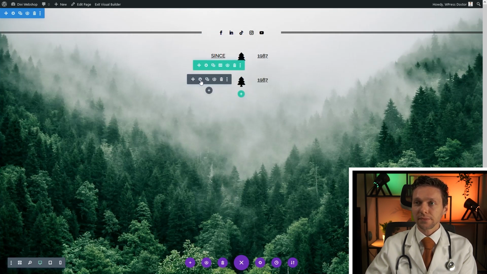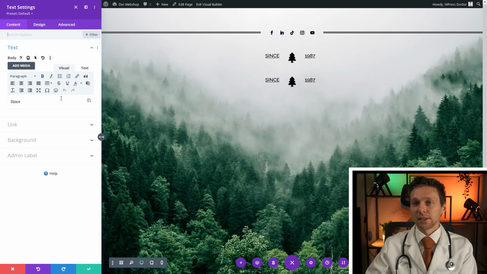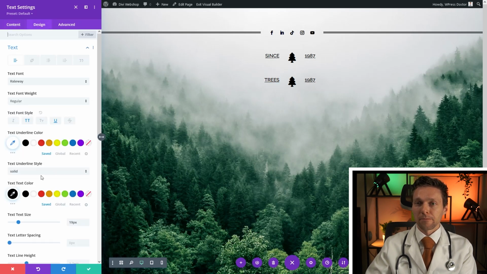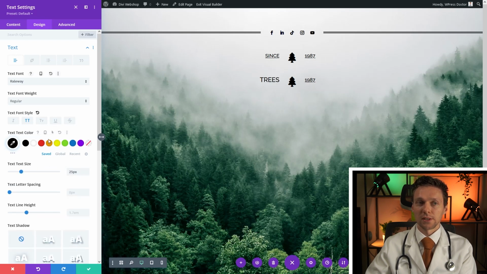We're going to make this one. We're going to type in trees. We're going to style it a little bit. We're going to use a different text size. We're going to make it 25. And I want no on the background. And we're also going to do a little bit of better spacing right there. Yes, we have to make it wider again. We're going to do that later on. Hold on. And that's it. We're going to save it.